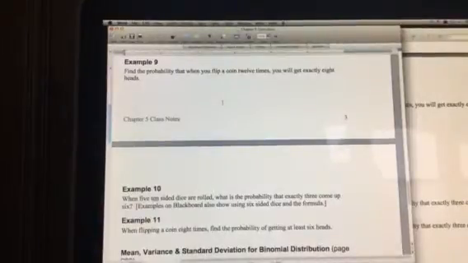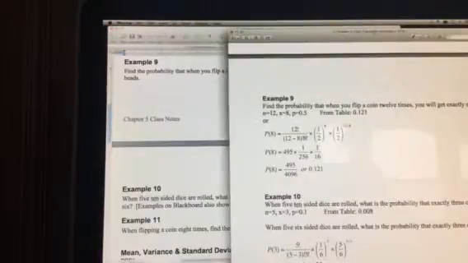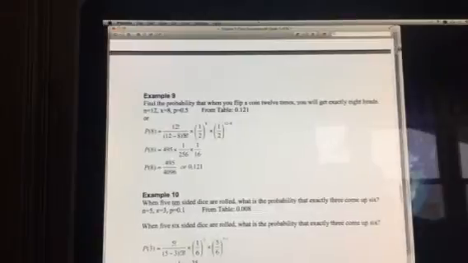This video will look at applying the binomial distribution to solve problems, and to do that we'll look at example 9 and then extend it to example 11. Alright, we want to find the probability that when you flip a coin 12 times you will get exactly 8 heads. Alright, for example 9,